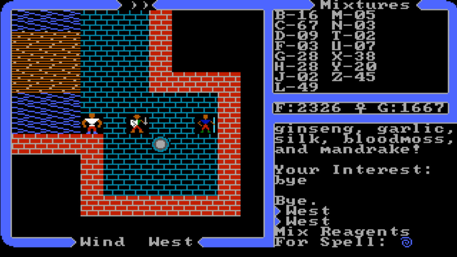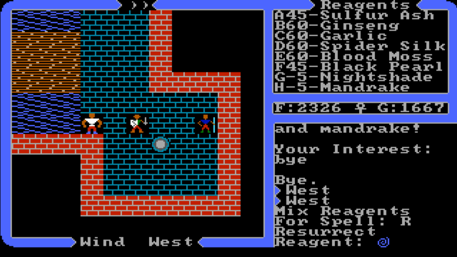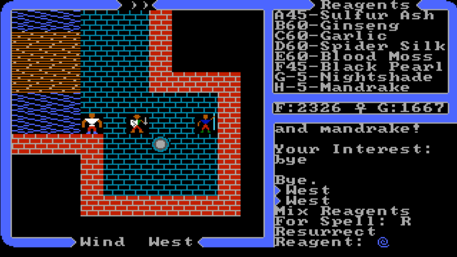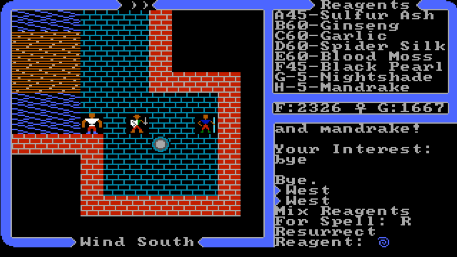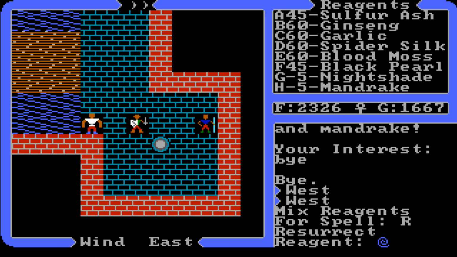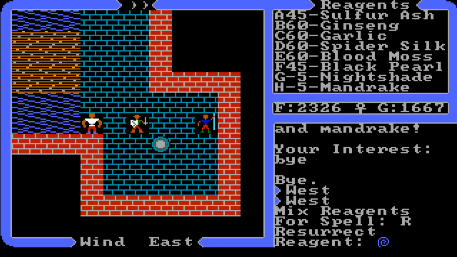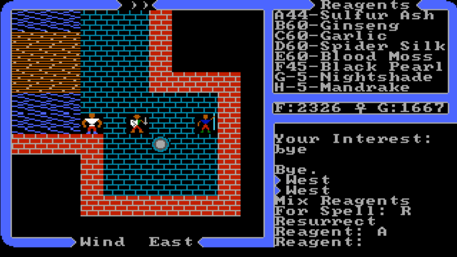So we're going to hit the M button to mix. For spell, we're going to hit R for resurrection or resurrect. See, resurrect. This will automatically revive the character you target. So for reagent, simple, that's A, B, C, D, E, and H. Now, those are letters, skip F and G. So once again, it's A, B, C, D, E, and H. Real simple, real easy. I know it by now because